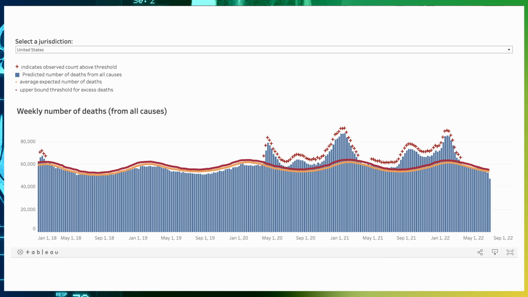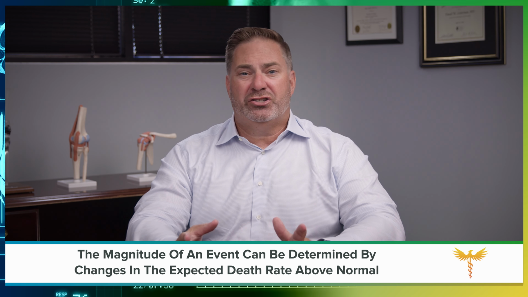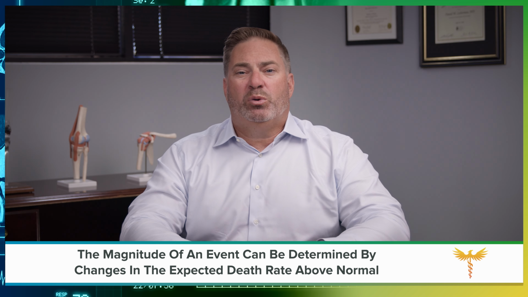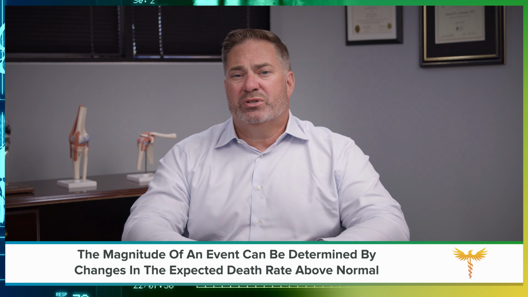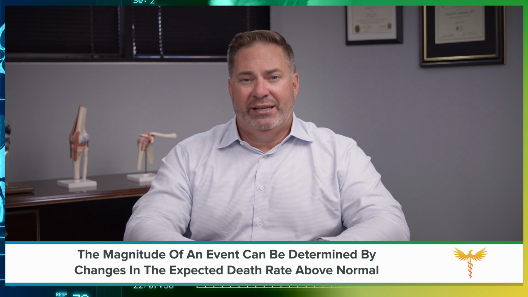Remember, the first reports of the new virus in the US were in January of 2020. The first vaccine was approved in August of 2021, and Omicron came in November of 2021. You can see these peaks clearly on the graph. Well, what does this data tell us about when the pandemic will actually be over? Remember, we're mostly concerned with death, so science says that the pandemic is over when the excess death rate is 0.